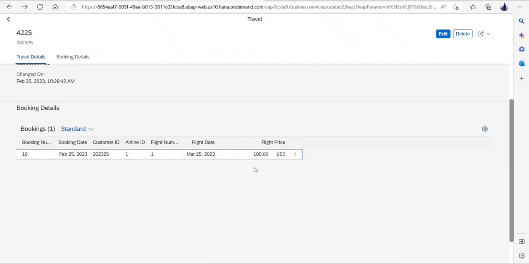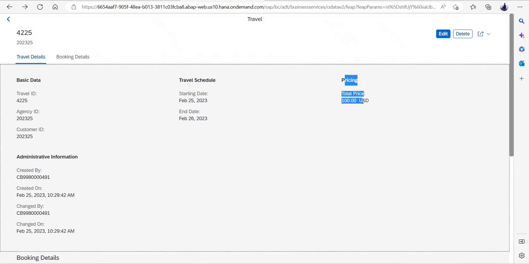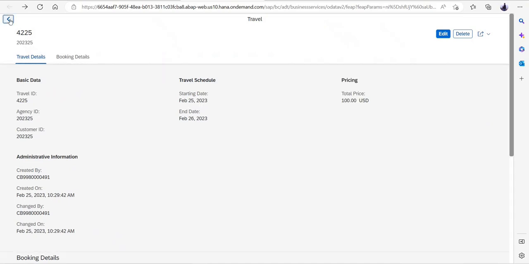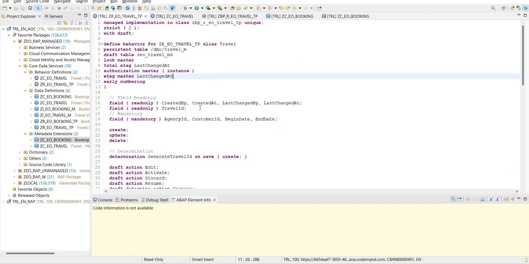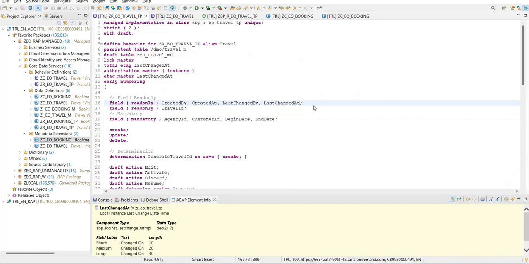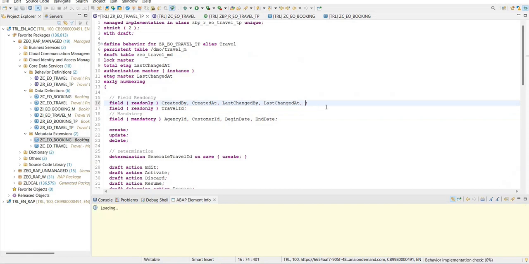So in that case, rather than my user entering this pricing information manually, let's try out a scenario where this booking information, the total price, should get calculated automatically. For that, let's do one thing. Let's go in the BO itself, the behavior definition. And while we are defining this as read only, let's also define one more field over here in the travel itself,